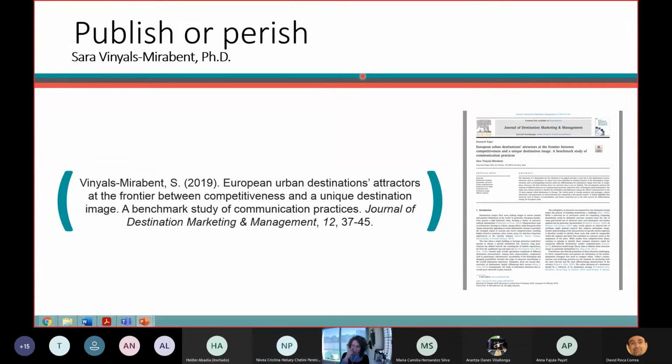Okay, so I'm going to specifically talk about this paper that you see here, European urban destinations attractors at the frontier between competitiveness and a unique destination image, which is a benchmark study of communication practices. As I told you, it is a paper that emerged from my thesis, but it was not the core goal of my thesis. And I wanted to talk about this paper because